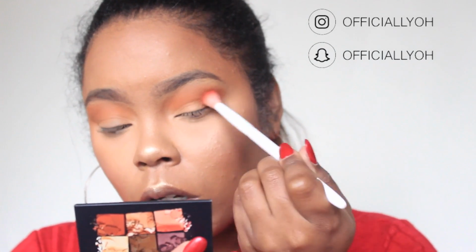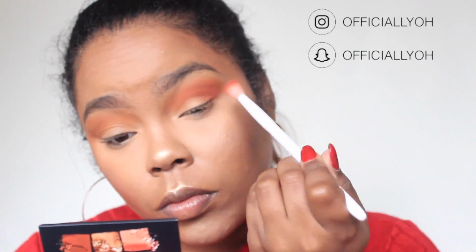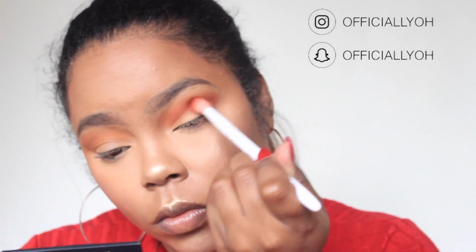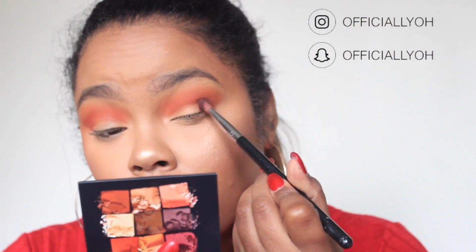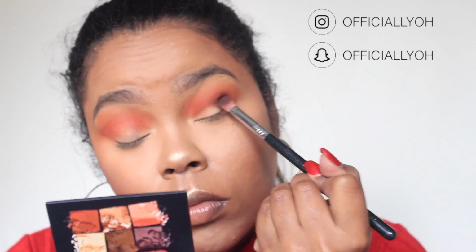Now I'm going in with this reddish brown shade and applying this to the outer V and to my crease. I love this color. You guys already know that I love reddish brown shades like this, so I applied that to my crease. Moving on to the darker brown shade, I applied this to the outer V and directly into